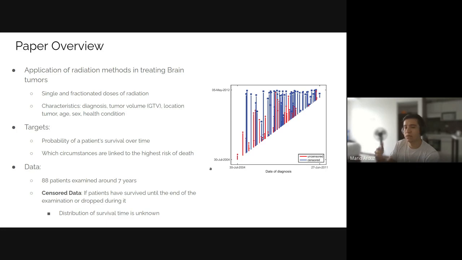And I think this is also one of the reasons they are not going to use the regular approaches of survival analysis, but also try different types of methods in analyzing this information. But the main reason this has to be done with survival analysis and not just a regular regression